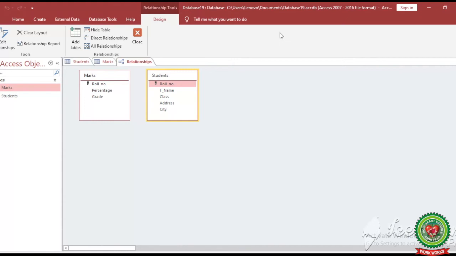So in most cases, these matching fields are the primary key from one table that uniquely identifies each record in a table. Like in Marks, I have considered the roll number field as a primary key, and in the other table this key works as a foreign key in the roll number field.